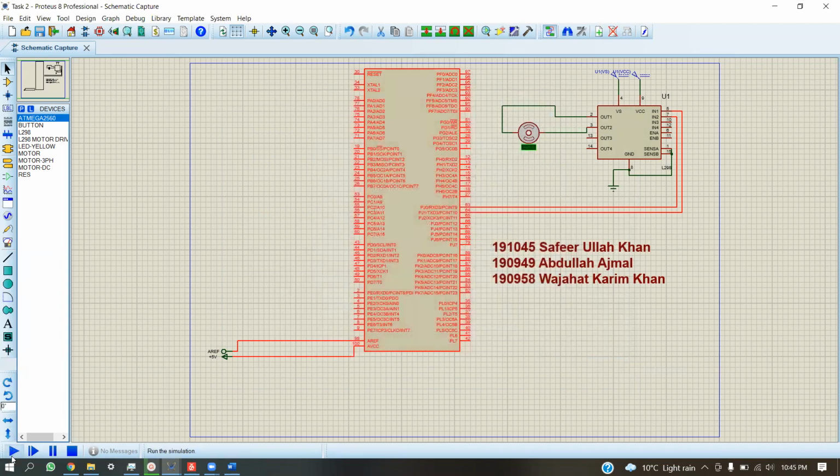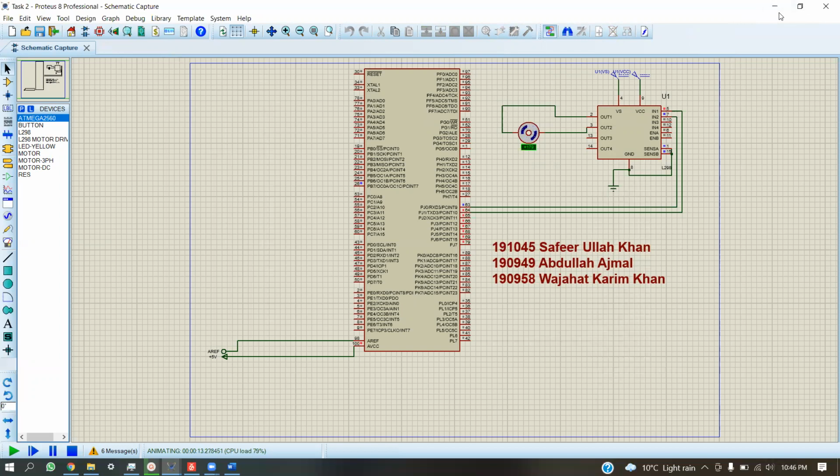So this is the same PWM applied to the motor, in which the speed of the motor first increases until it reaches 100%, and then it becomes zero, and then again it increases. As we can see, the speed of the motor has started to increase. It will reach 100%, drop down to zero, and then restart again. Now the motor has stopped.